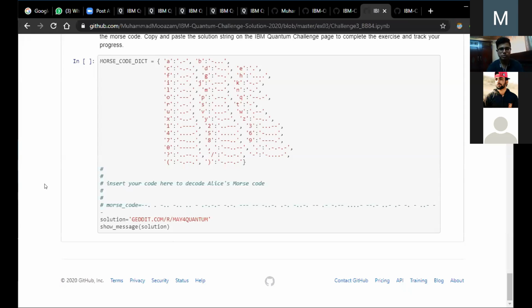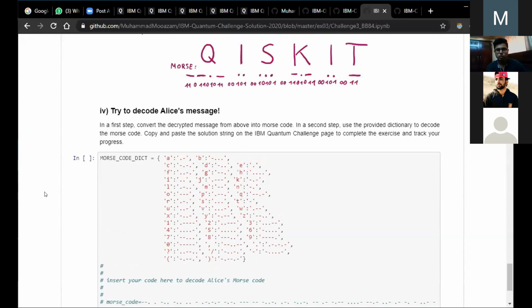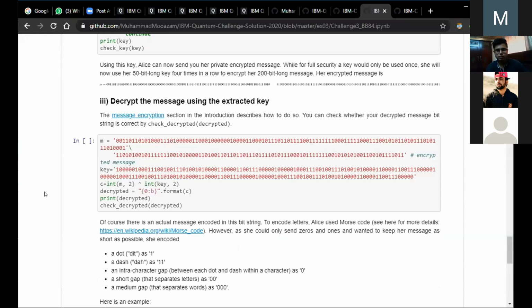When we paste this website in a new tab, a website of Reddit will open which shows the hint for exercise 4. Of course, this website is not available now because it is now closed by IBM and the IBM challenge has closed. But when we were doing the challenge, this website was available for us. Now, after show message solution and all this, we submitted it and our exercise 3 was done. This is how we cryptographed a message in